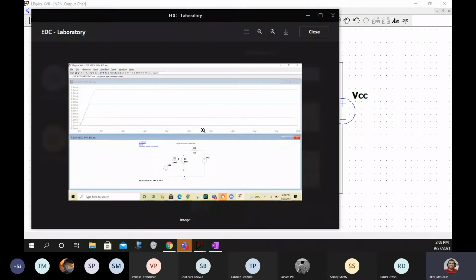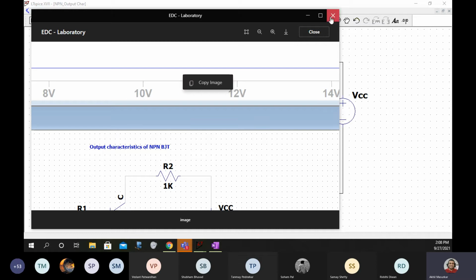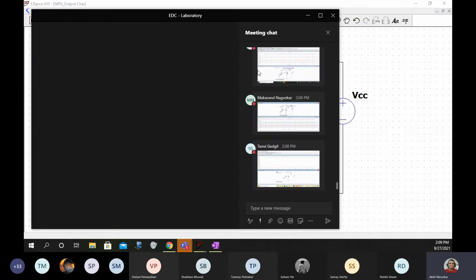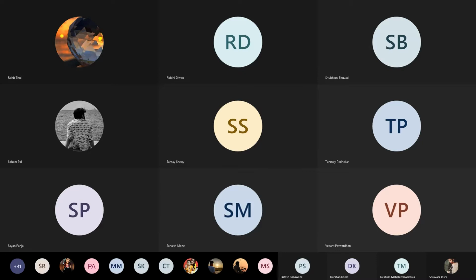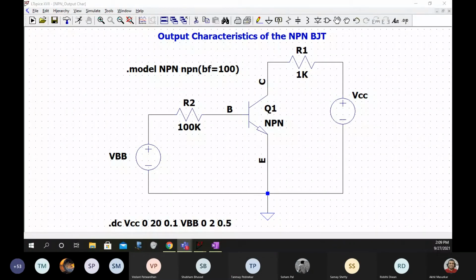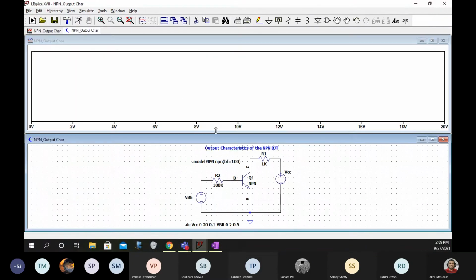Okay, Tanmay, here you have to plot V of C. Yes, Tanmay, once I say run, you right click on this.